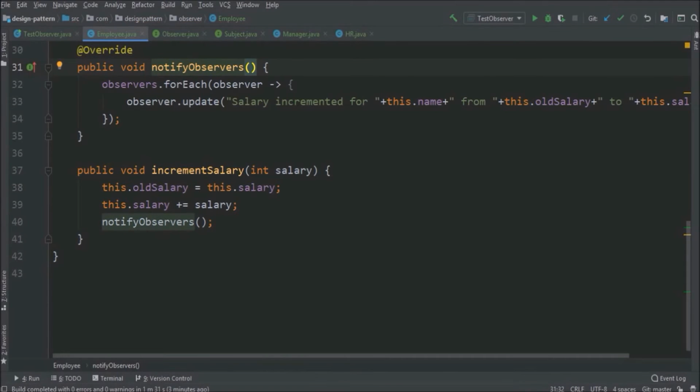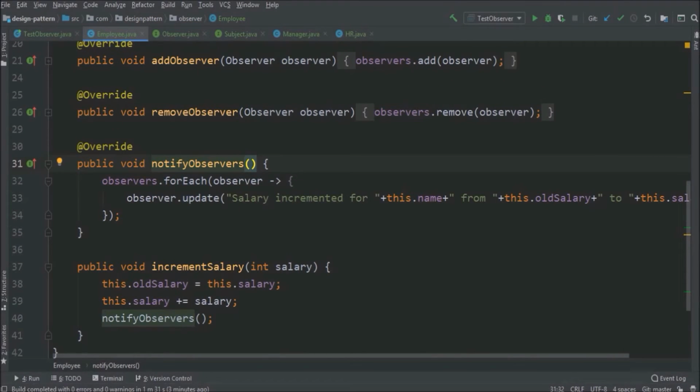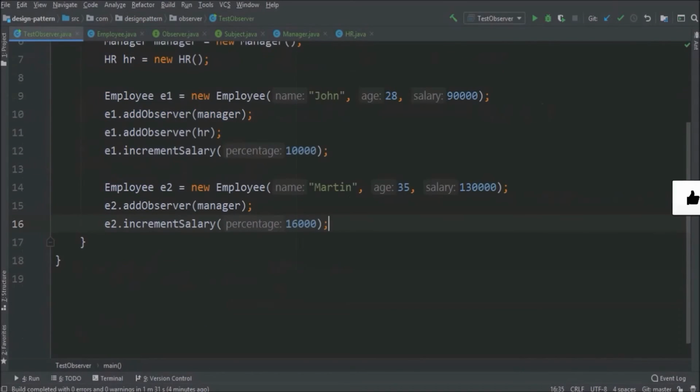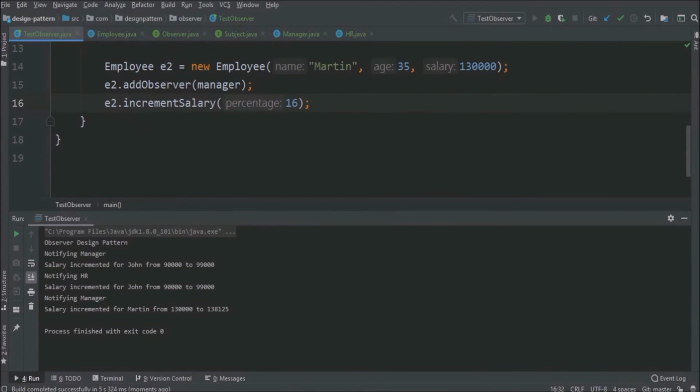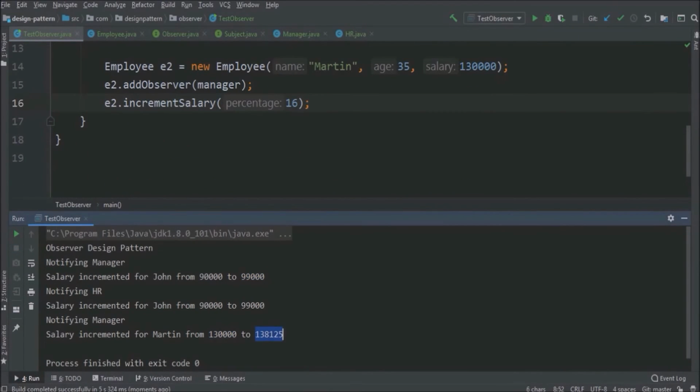Now this is perfect. And in the increment salary method, we are passing some number, not salary. So let's say now we will pass the percentage. This is not perfect logic, I'm just adding a very simple calculation. So here also let's change the value from 10,000 to 10 and from 16,000 to 16. Let's try now. See, now also it is working fine.